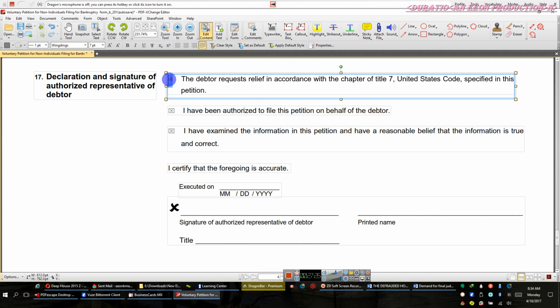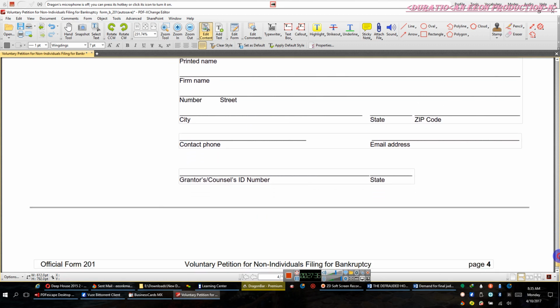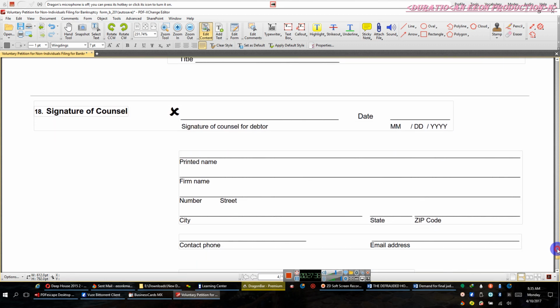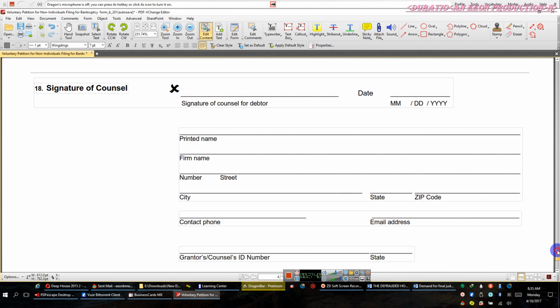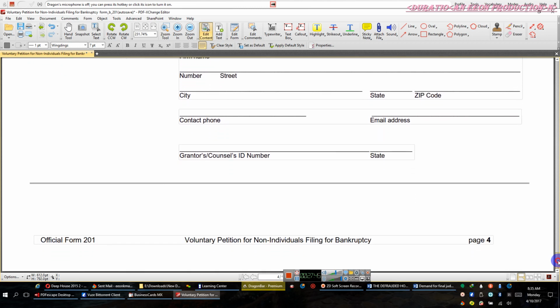Okay? Yes, there's just certain things that you are going to have to be heads up on. And ladies and gentlemen, this is just the beginning petition. There's more documents to add to this. But this says signature. It originally said signature of attorney. You don't have to have an attorney or a bar card number to be the counsel for the debtor or to be the grantor.